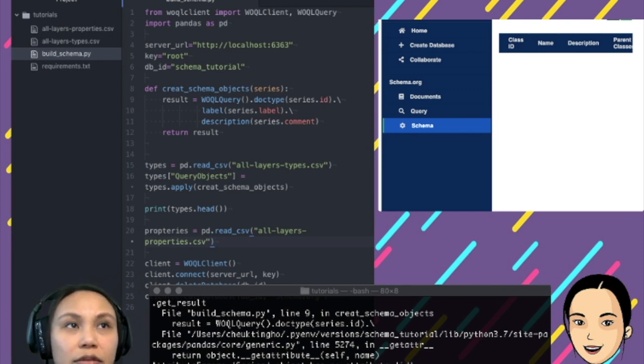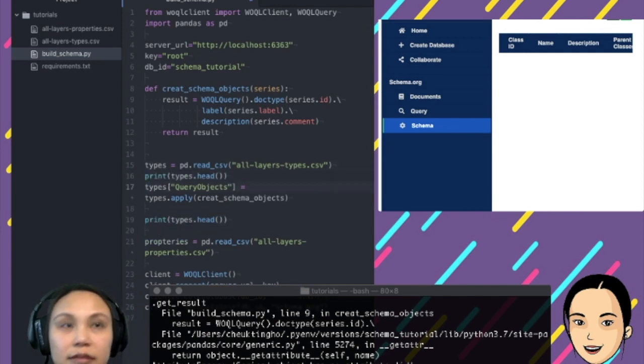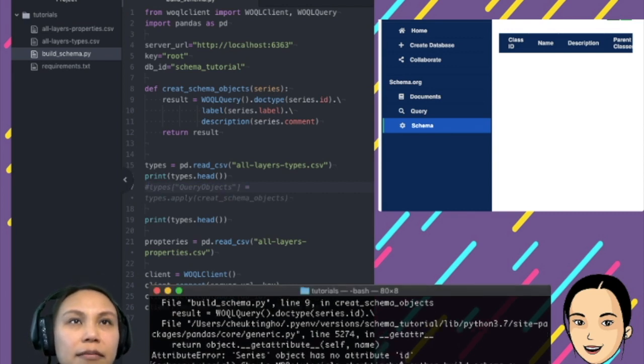So series.label is complaining. Types apply. How about we go one step back and just check this first before we do anything else. Right. Okay. Maybe I read in the wrong file.